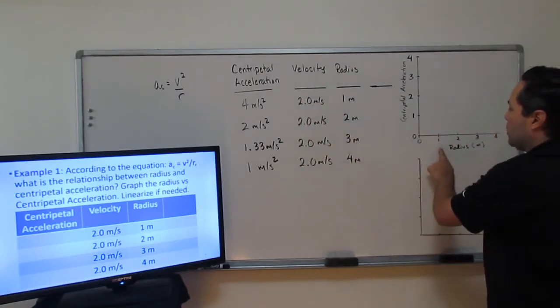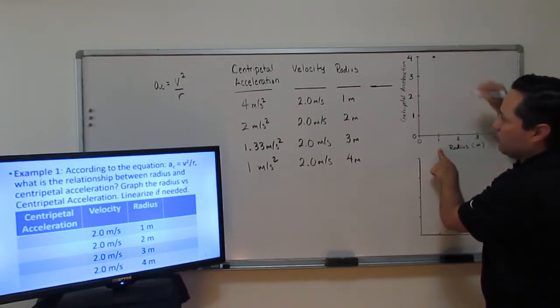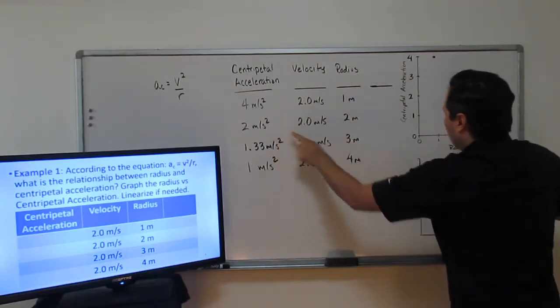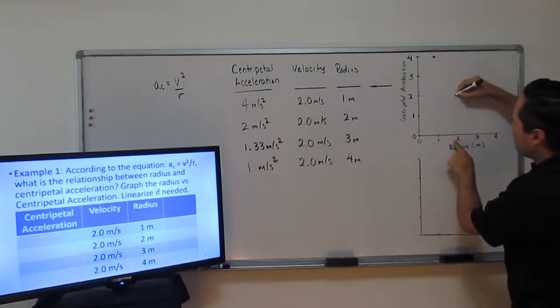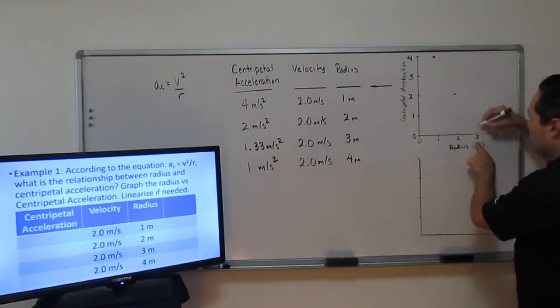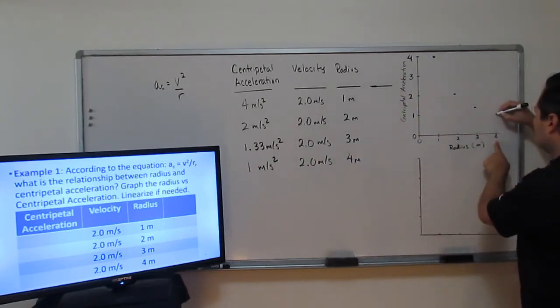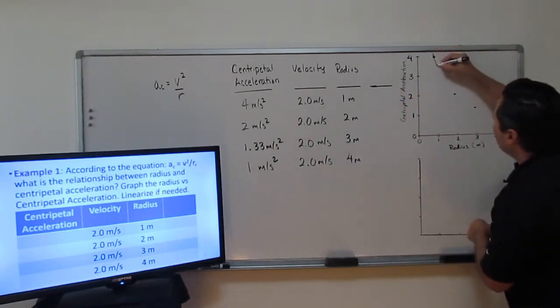So in the first one, a radius of 1 meter, we had a centripetal acceleration of 4. So that's my data point. At 2 meters, it was 2. So there's my next data point. Next one, at 3 meters, it was 1.33. So at 3, 1.33, somewhere around here. And at 4 meters, you have 1.0 meters per second squared,